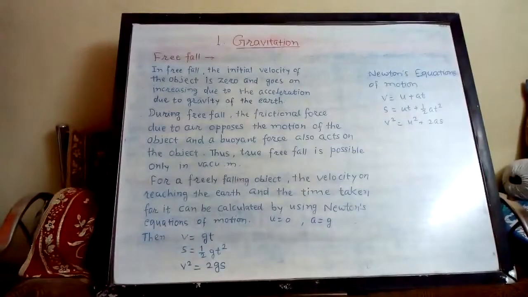For calculating the motion of an object thrown upwards, acceleration is negative, that is, in a direction opposite to the velocity, and is taken to be minus g. The magnitude of g is the same, but the velocity of the object decreases because of this negative acceleration. The moon and the artificial satellites are moving only under the influence of the gravitational field of the earth, and thus they are in free fall.